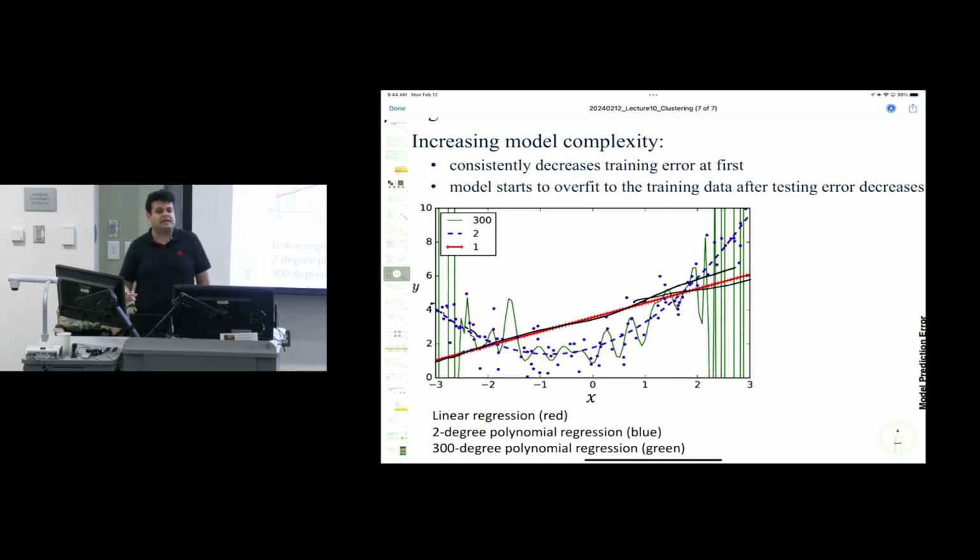Maybe at this point I'll get greedy and think that there is a certain amount of error which is not 0 at this point. Is there something better that I can do? So I'll go to a 3rd degree polynomial. I can go to a 4th degree polynomial. I can go to something like a 300 degree polynomial, right? So the question is, what is a good polynomial? What is a good degree of polynomial that I can use in this case in order to fit my data generation